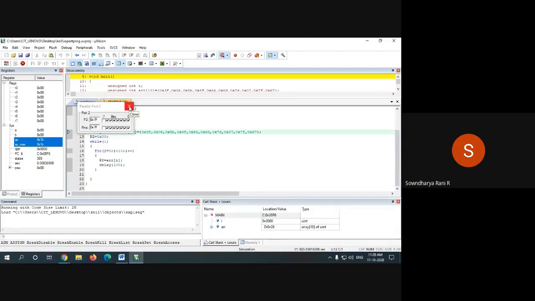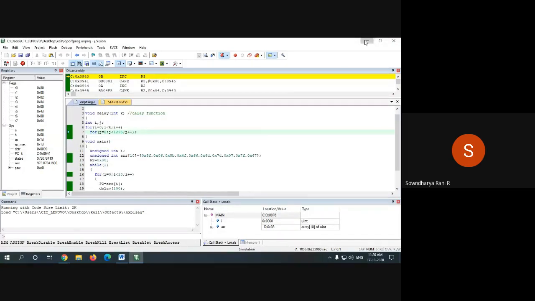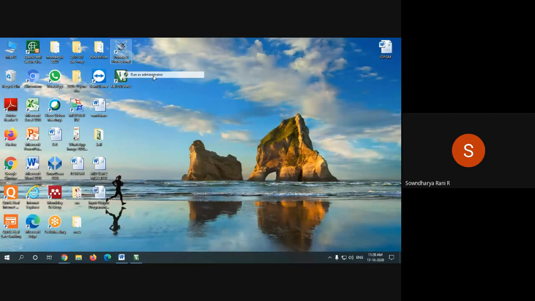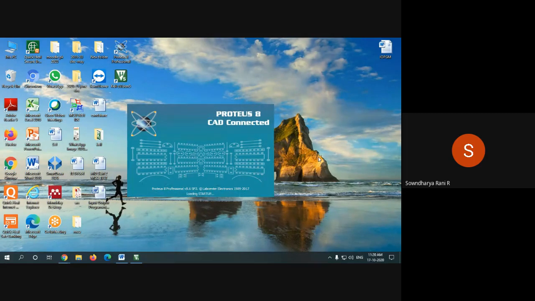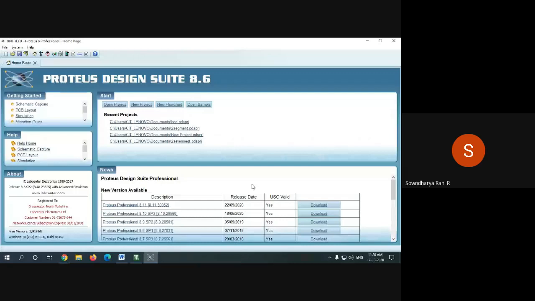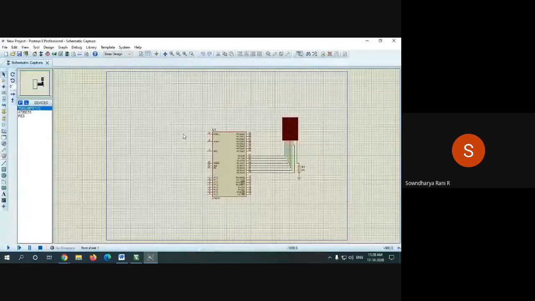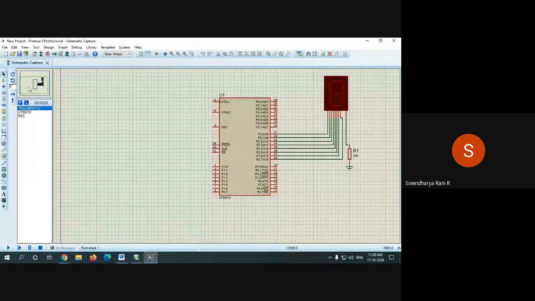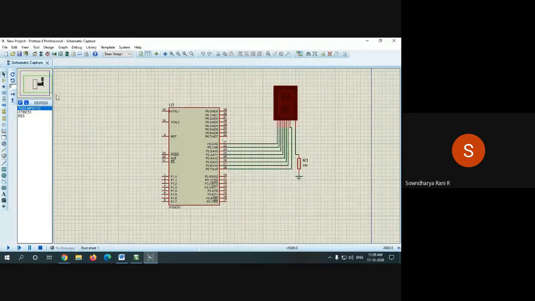Okay, so we'll go to the Proteus simulation. You have to place the microcontroller 8051 (AT89C51), then place the 7 segment display MPX1 common cathode.